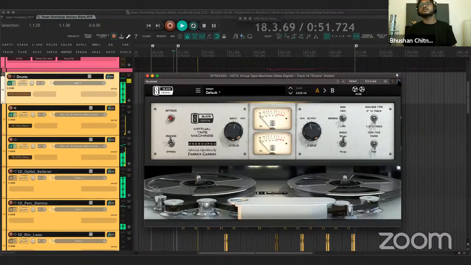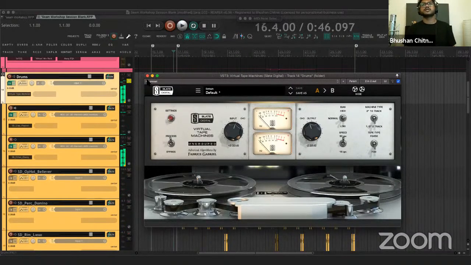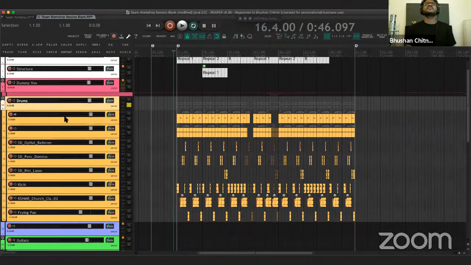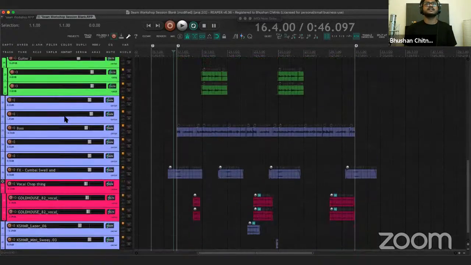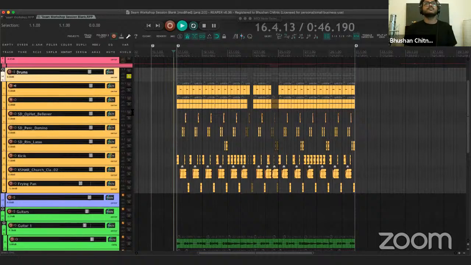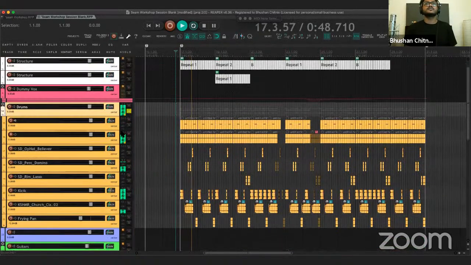without it, so it creates this thick sort of sound. It's very subtle. I'm not sure if you're being able to hear it on Zoom, but yeah, so then that's all sorted. Maybe I need to crank up the